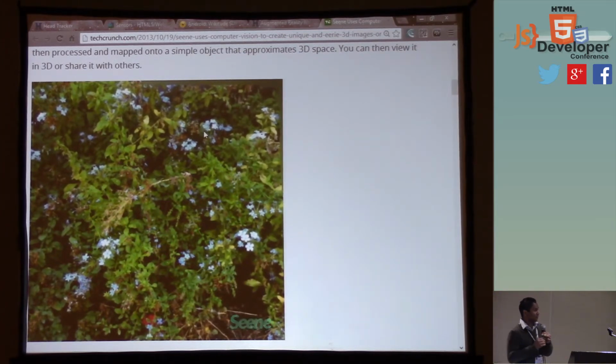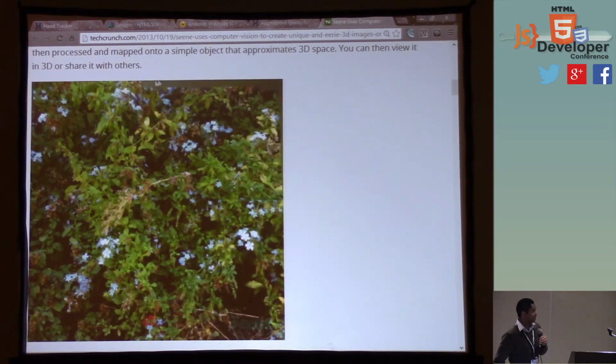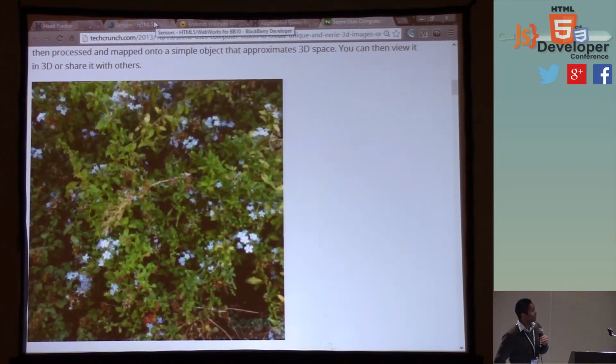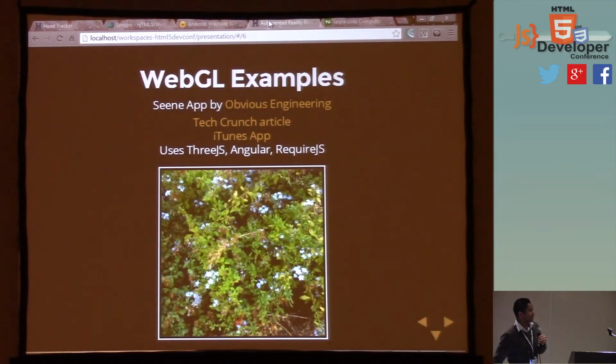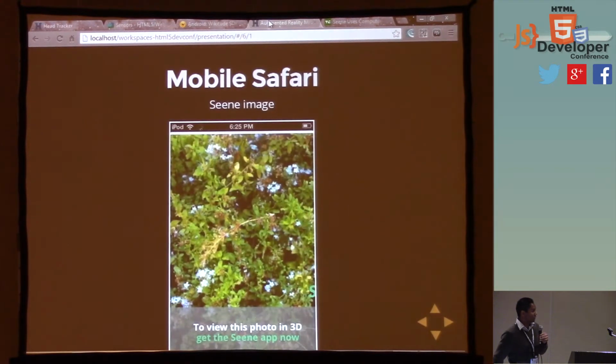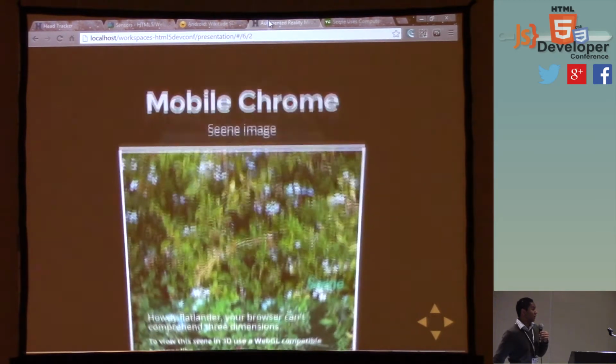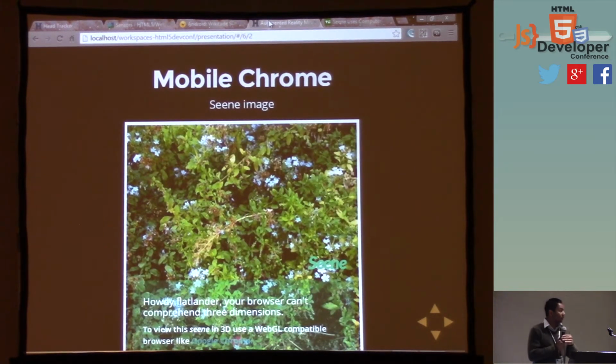This particular kind of experience is not going to work on mobile Safari. On mobile Safari, this is what you'll see: to view this photo, get the app, go to iTunes. And on Chrome, you'll see this, unless you're using the latest build of Chrome, which is Chrome 25.